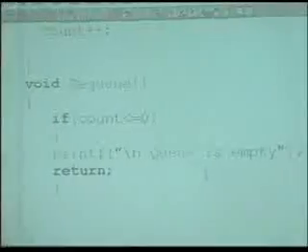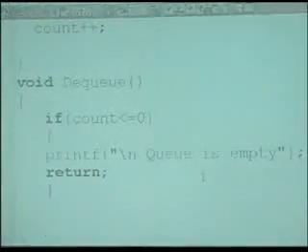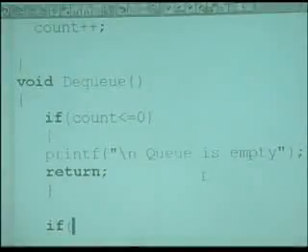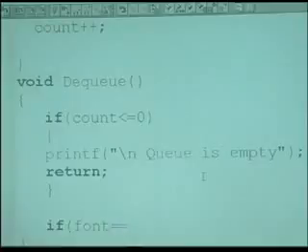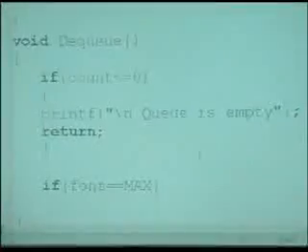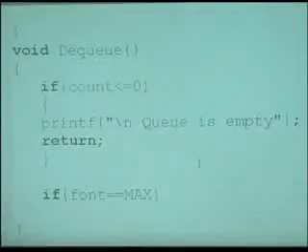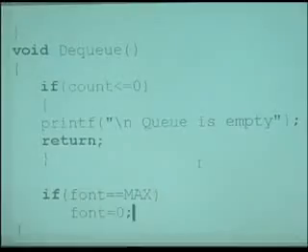Let's write that. If front is max, then front is equal to 0.